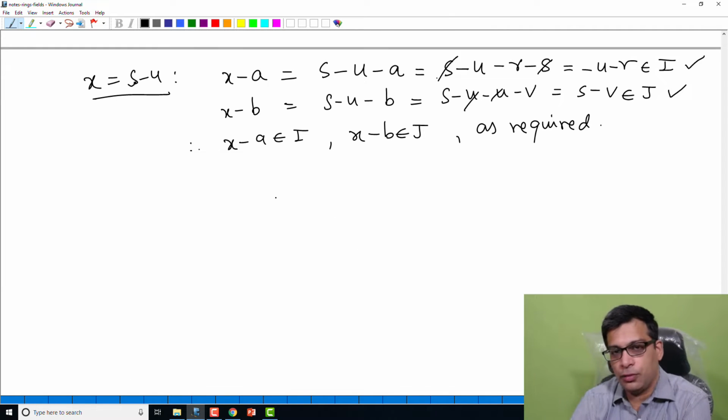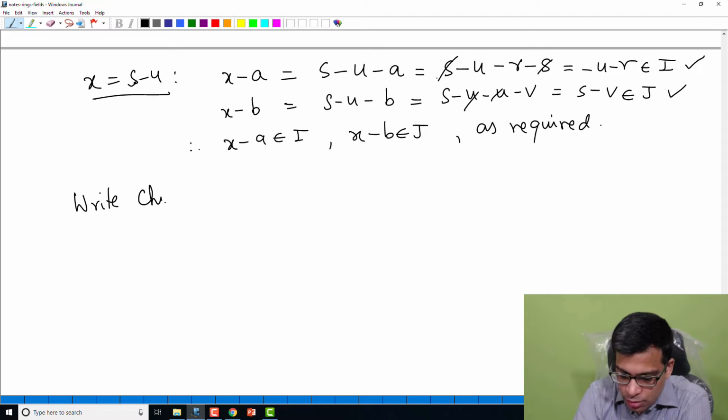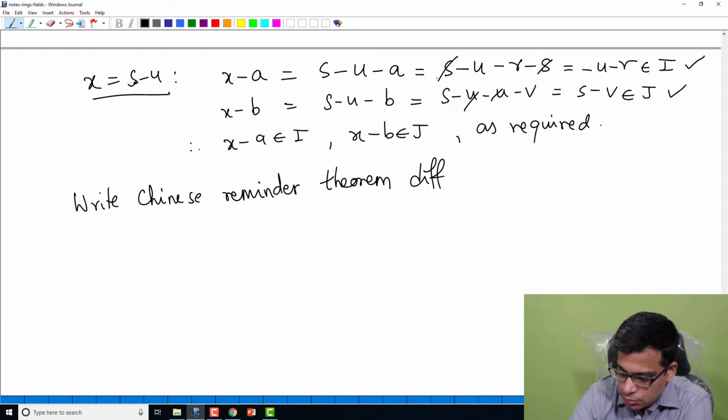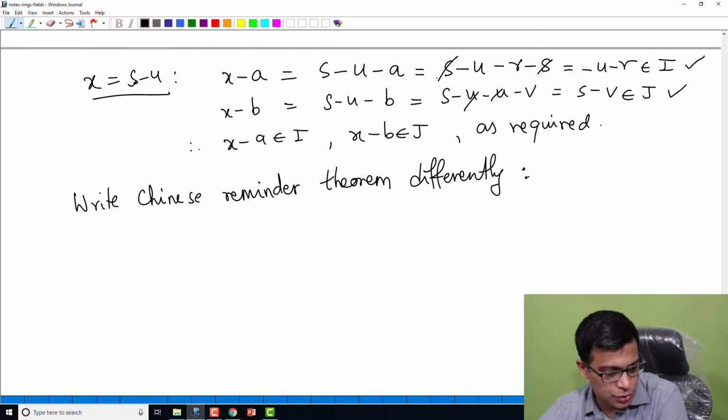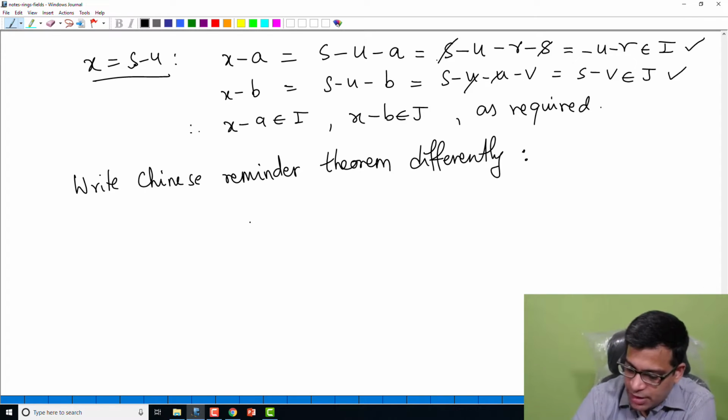So this is the generalization of that to arbitrary rings. So I want to now rephrase the statement of the Chinese remainder theorem in a more conceptual manner. Not the proof but the statement, I want to write the Chinese remainder theorem differently as follows. Okay, so now this is what I want to do. So consider